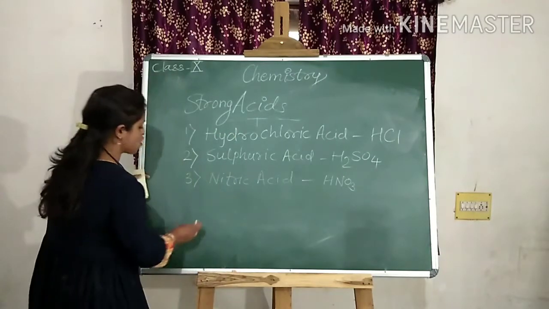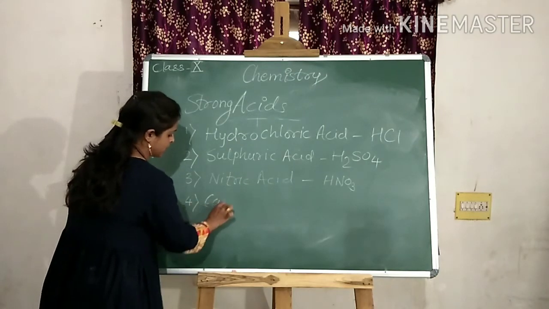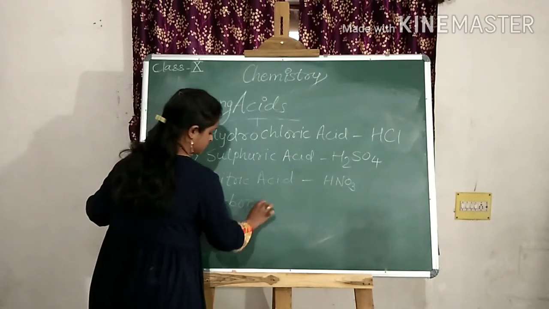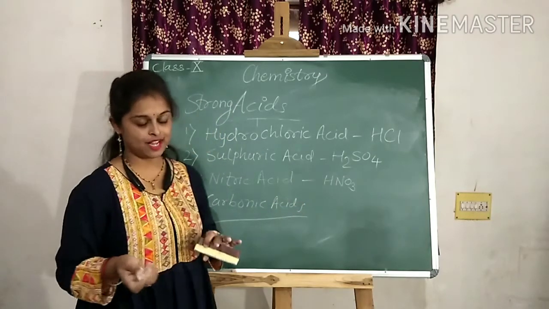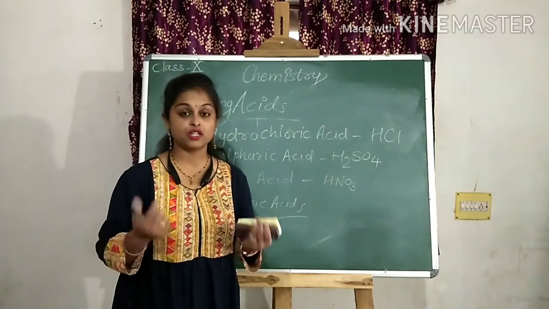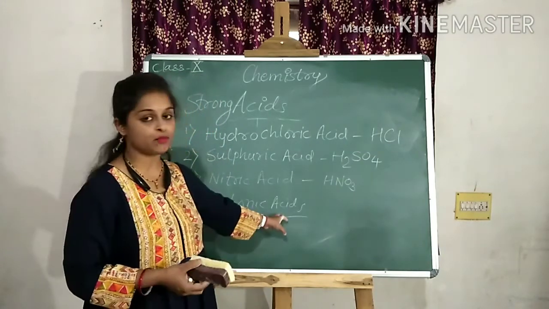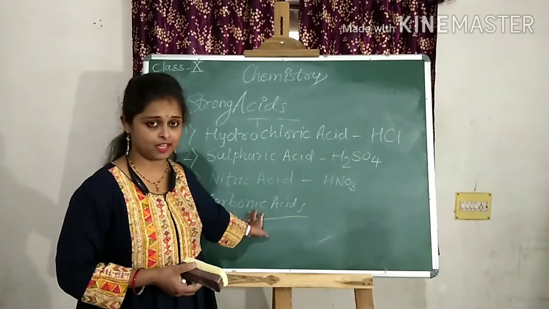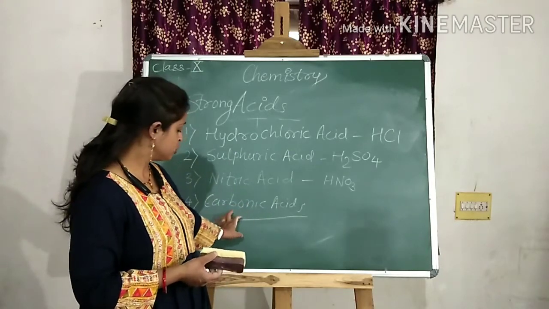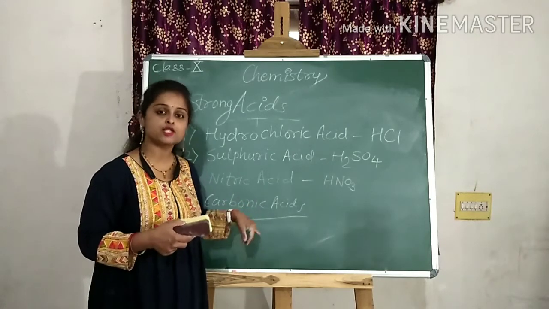One kind of strong acid is also there, but it is in weak form, that is carbonic acid. The soft drinks like cola and all, which we use, Pepsi, Mirinda and all these things, contain this carbonic acid. It is man-made, but it is not harmful when we are drinking it because its property is weak.